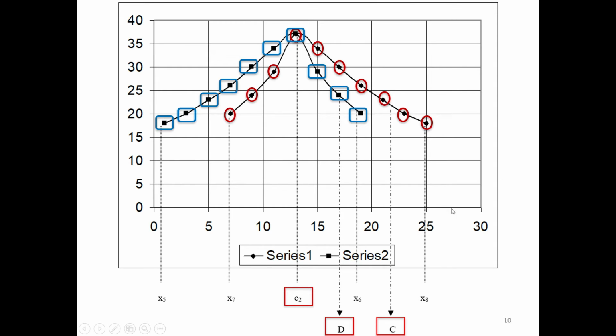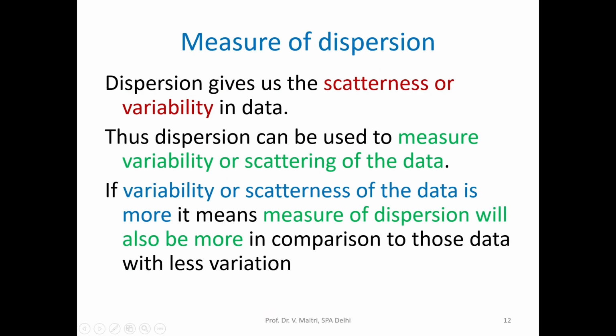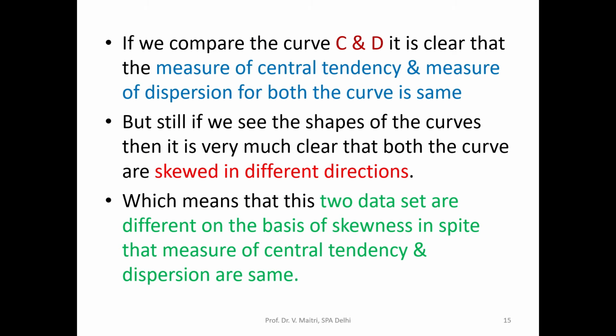But if you see, curve C is more on the right hand side and curve D is more concentrated on the left hand side. It is flatter than this side from its center value. From the center value, D moves like this and on the left side it covers more area, and similarly curve C on the left side covers less data, less values or less area, and on the right hand side it is more. So now I think you are able to understand skewness, how it is affected, because the shape of the curve tells us they are in different directions.